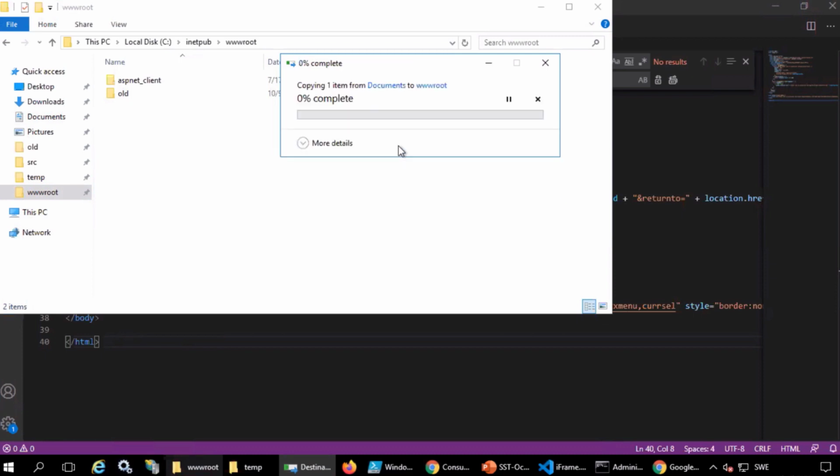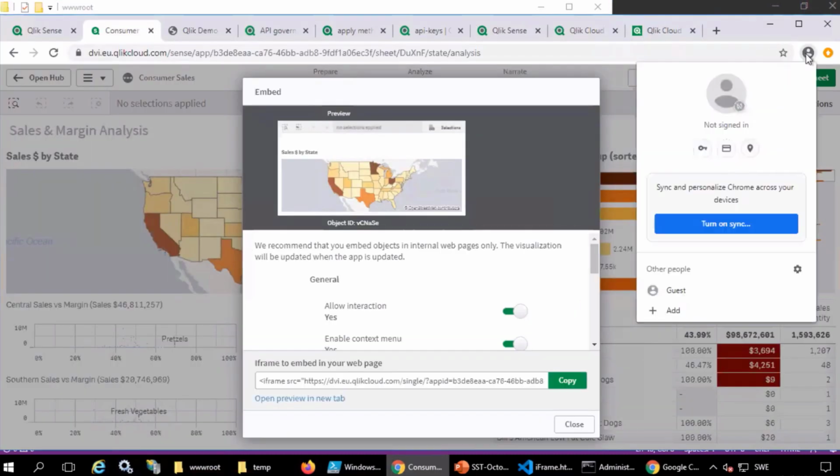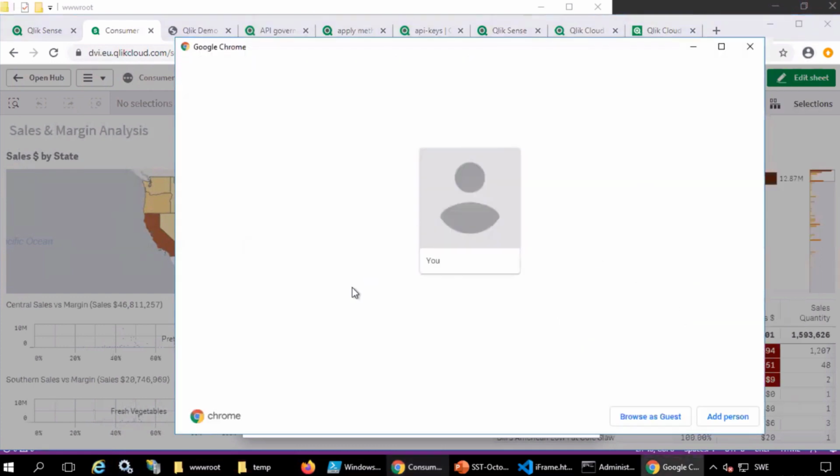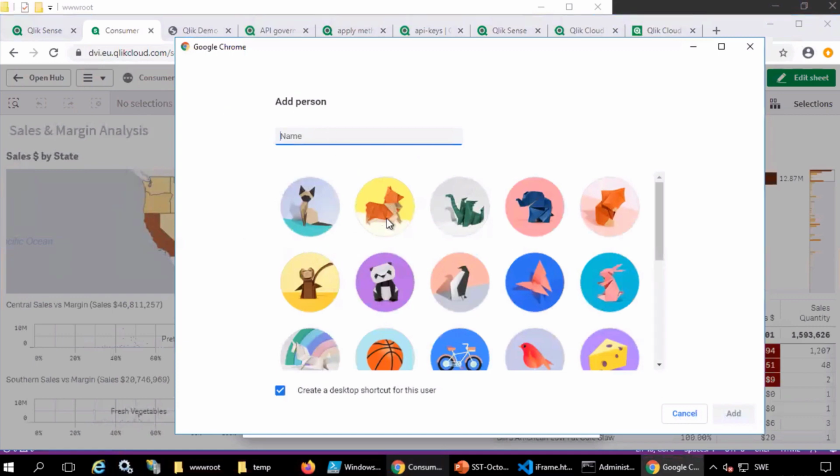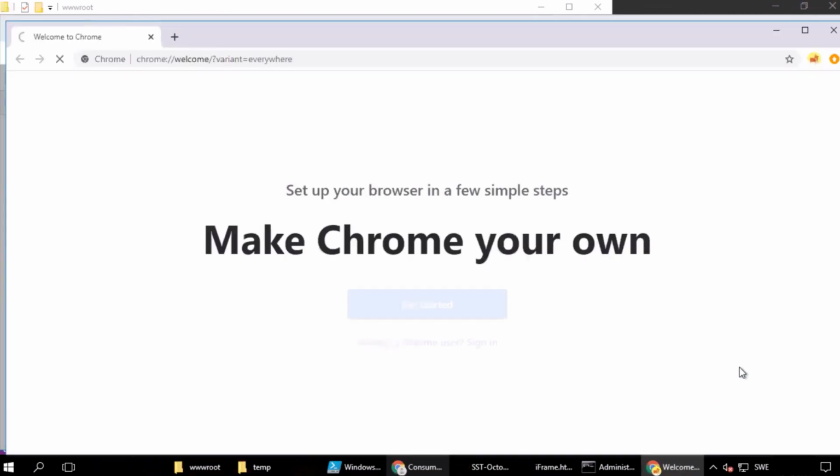And now I'm gonna run Chrome as another user just to show the whole flow of how this sample will redirect you to your identity provider if you're not logged in yet. Add a new person here in Chrome. I prefer to do that instead of running as an incognito session, because incognito sessions have some specific security settings that would make it look different from a natural session. And this could be an alternative to running the application as a different user, because you're just creating a new user to run the application.